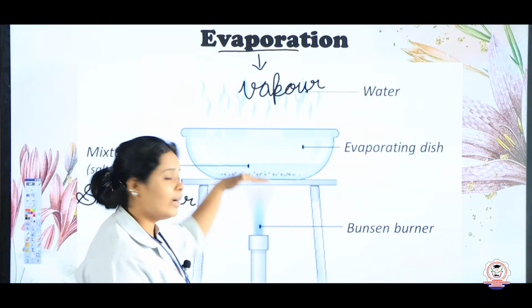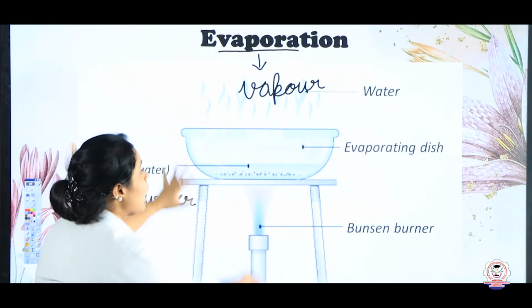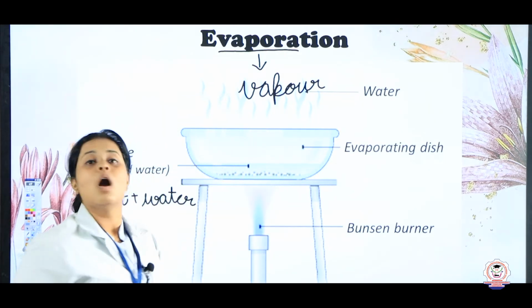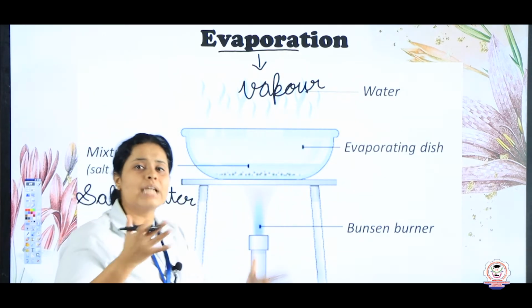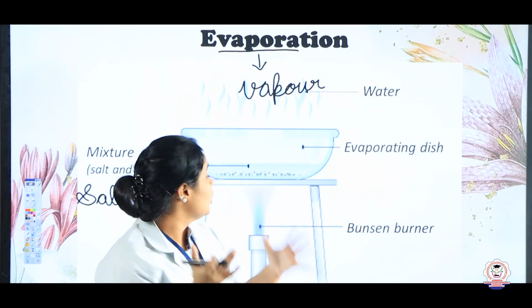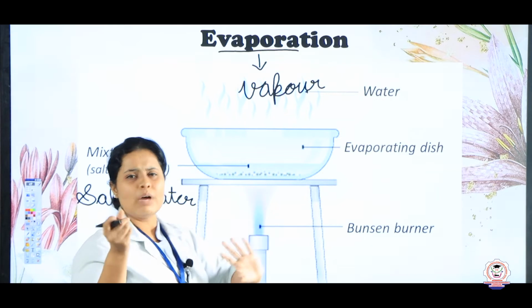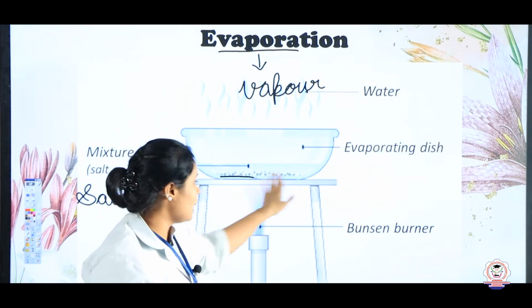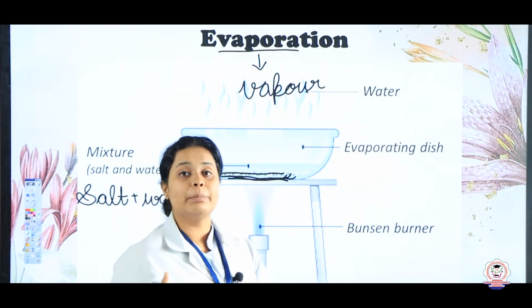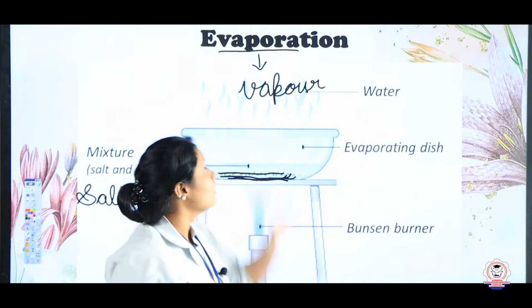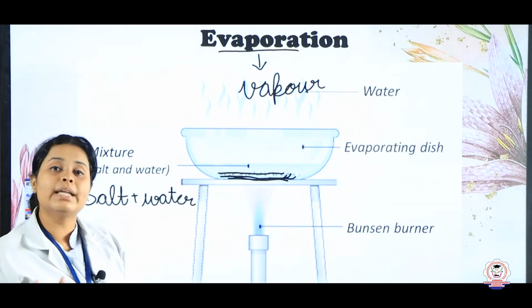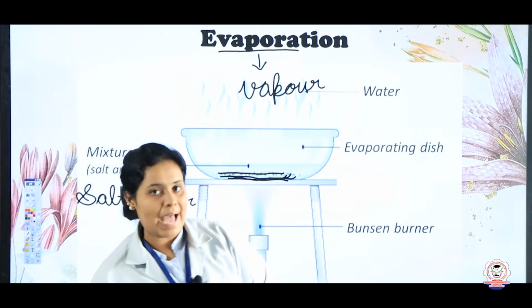When it is 100 degrees Celsius, you will see that all the water which is in liquid form will start going away as vapor, and after some time, say even 30 minutes, you will see that there will be only some white powder present at the bottom. See here it will be present, and that particular substance will be your salt. Okay. So this is the way how by evaporation you can get your substance back.